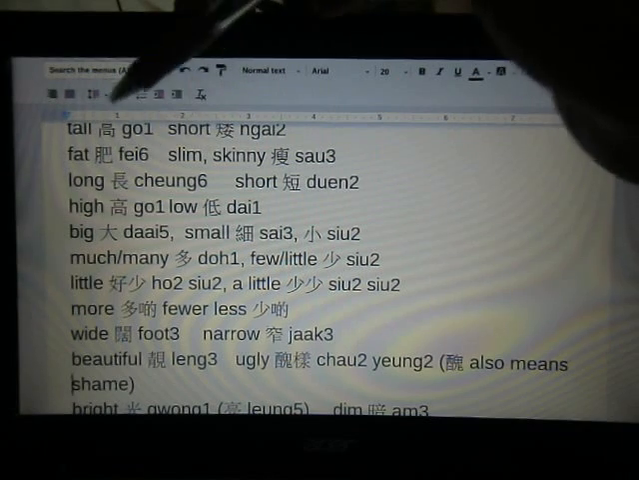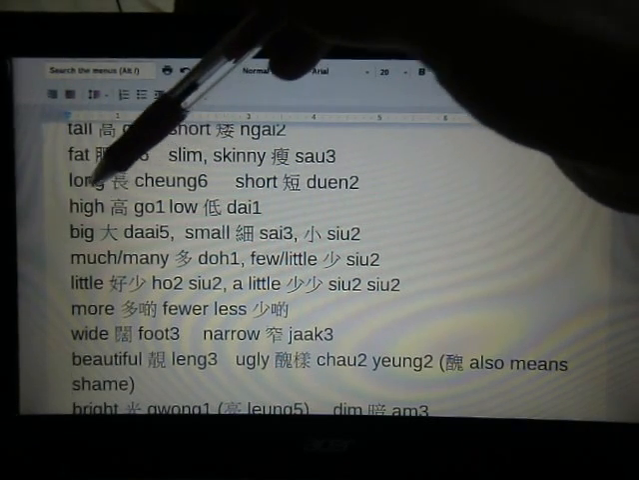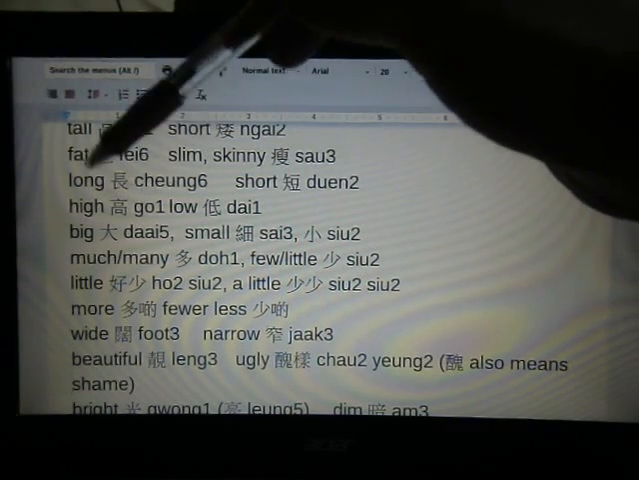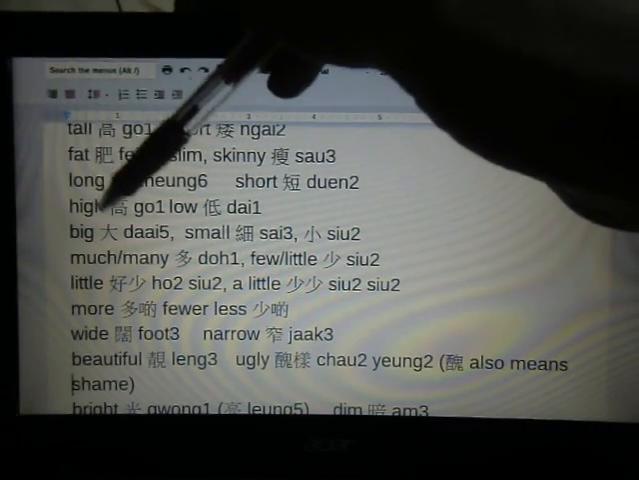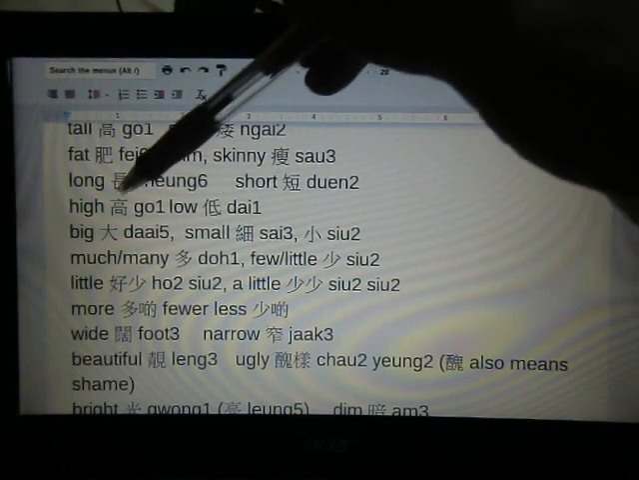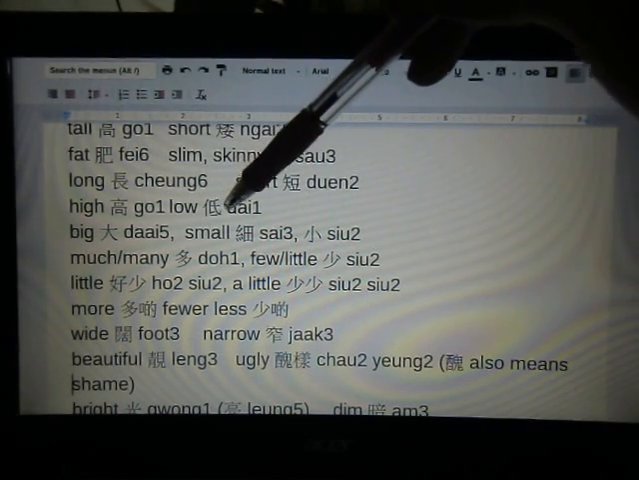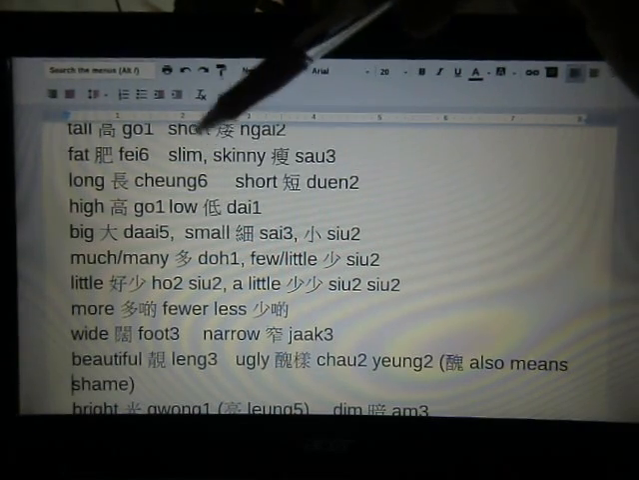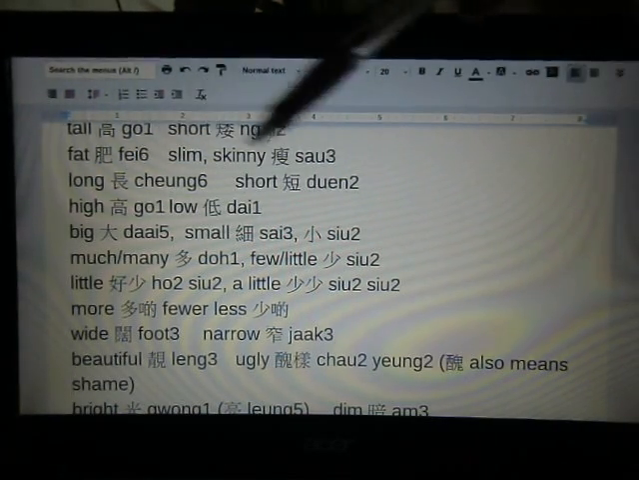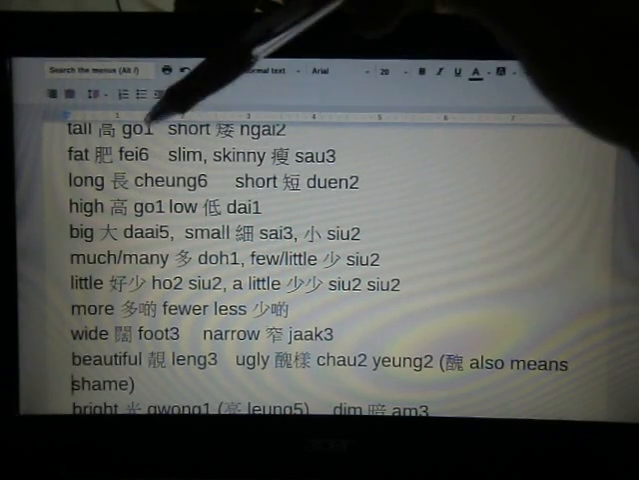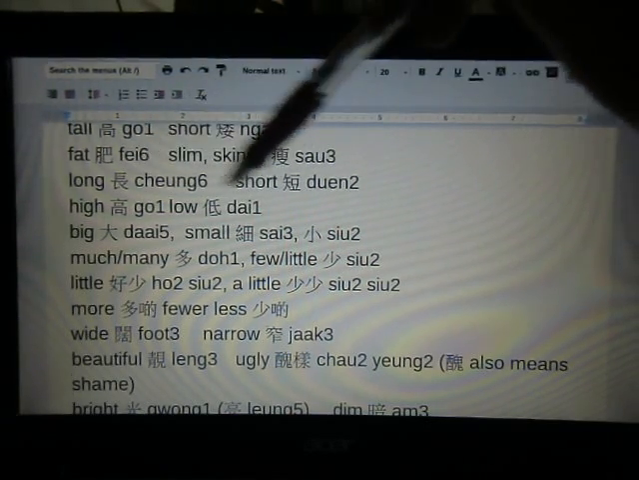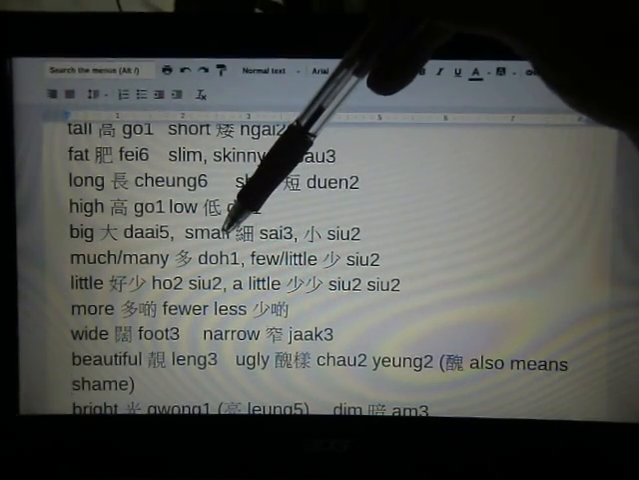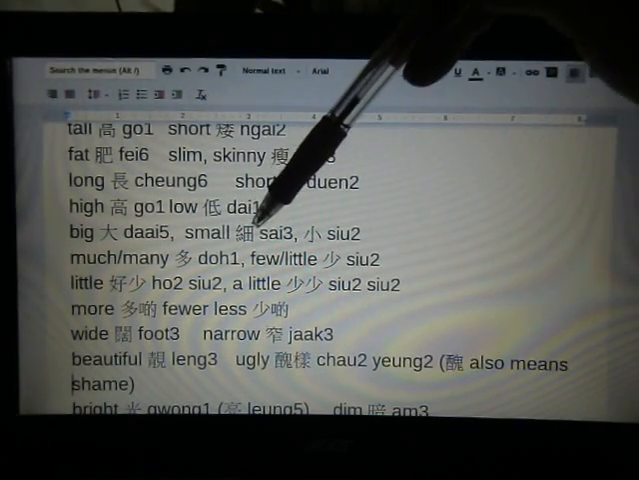of ambiguous to English-speaking people is another go. Okay? So when we say high, we use the same word go, right, for both high and tall. So either tall or high, we use go. But then for low, we use dai instead of ngai. Ngai is short, but then low is dai. Okay? 高矮, 肥瘦, 長短, 高低. And then we have 大 for big and then 細 for small. Well it is